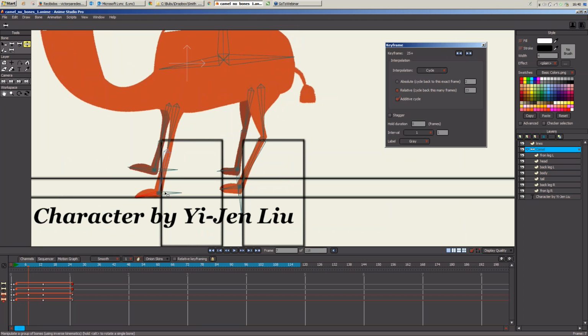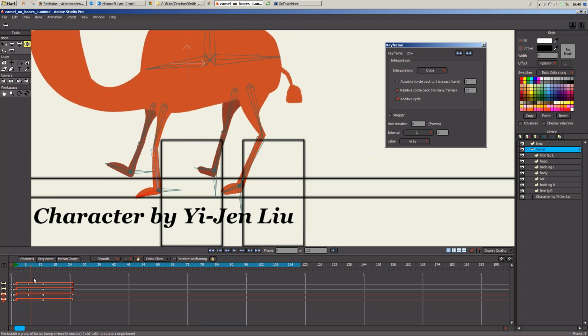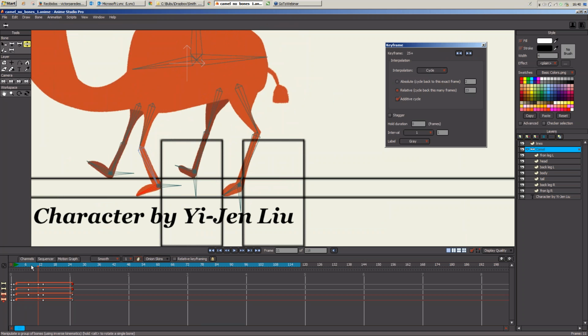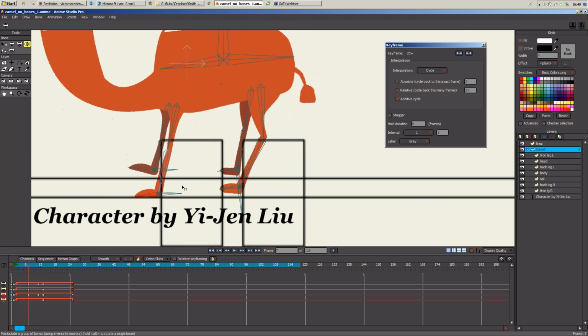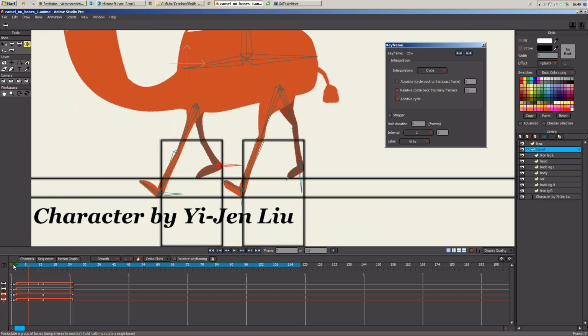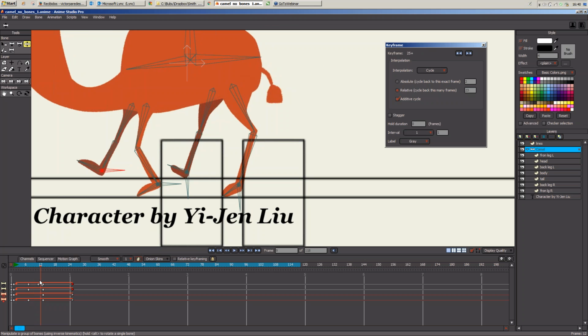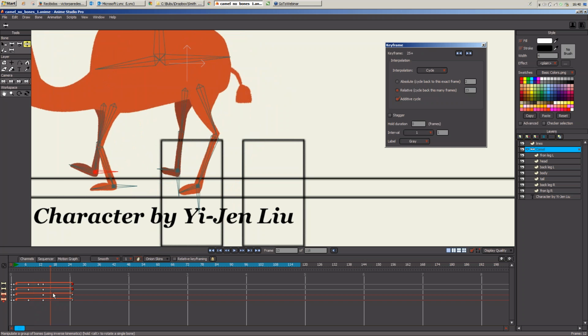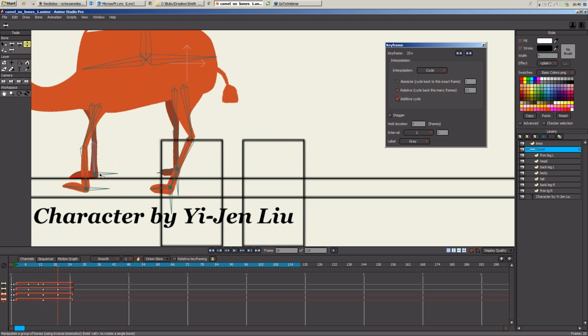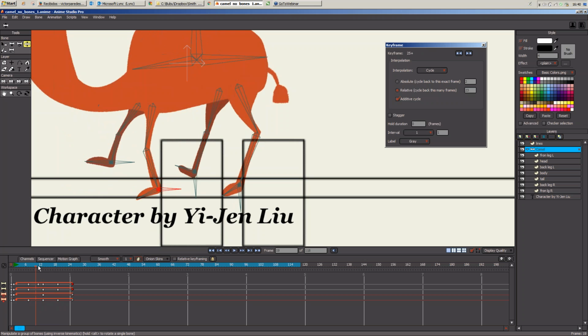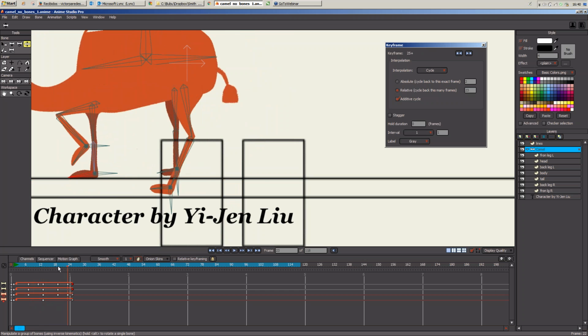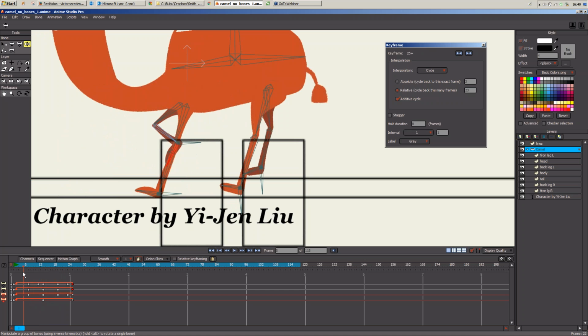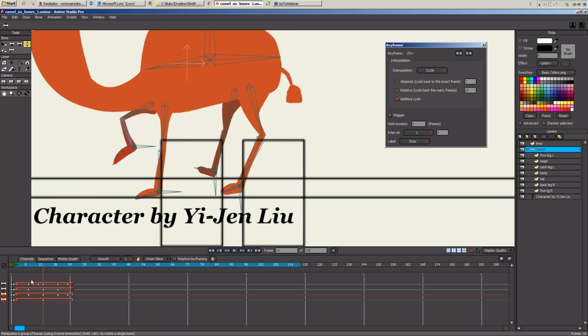So this leg needs to be touching the ground, because it's the leg which is touching the ground, you see. And the other leg is passing to the next position, so I will move it up. So you can see it is working better now. And I will do the same in the next step. The other leg will need to be touching the ground, and this one will be up. You see, and I will fix some parts here. Okay, so now my steps are working better